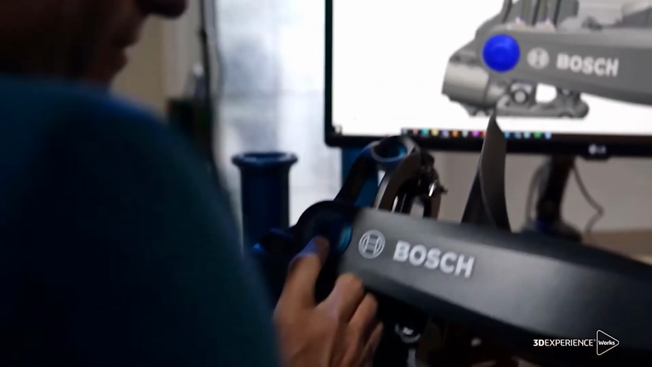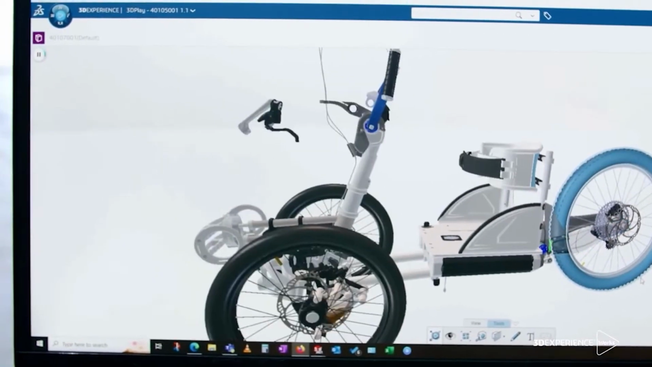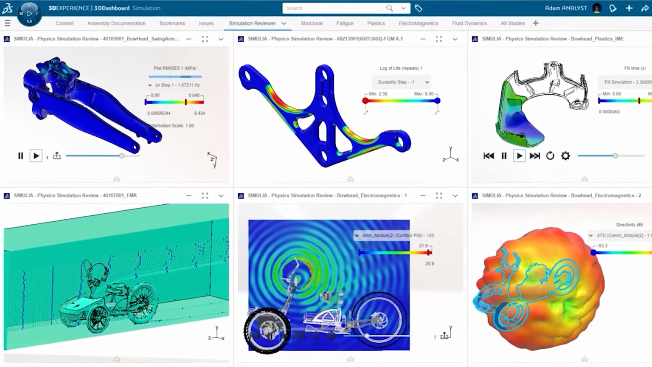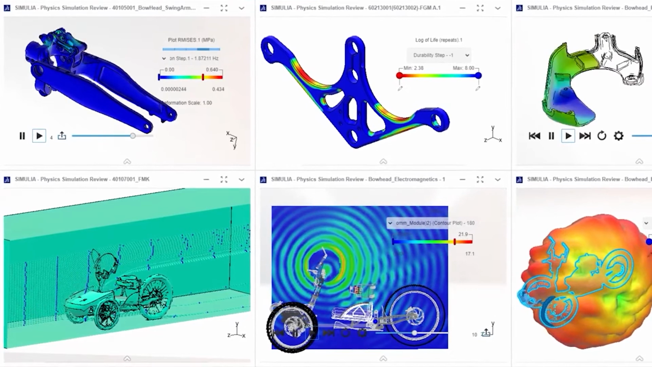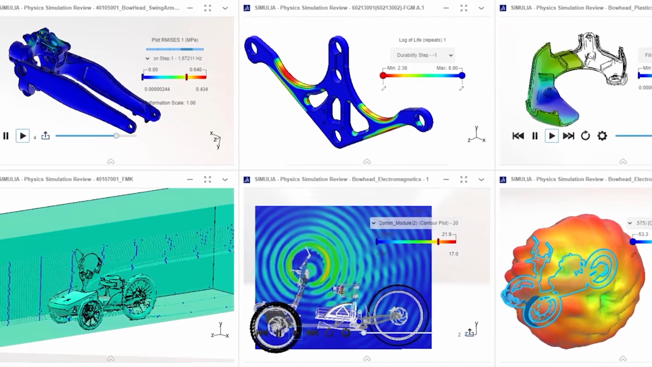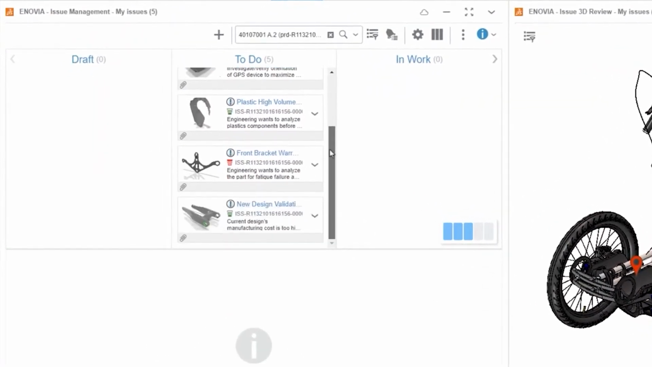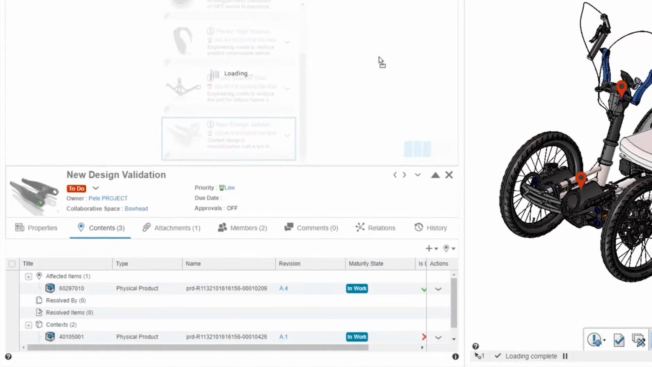Your SOLIDWORKS designs are always evolving. But how do you know if they are going to work? 3D Experience Work Simulation, powered by the industry-leading Abaqus solver, gives you the ability to virtually validate complex designs without having to create any prototypes. Built-in collaboration tools make it easy to document and track issues in your design and stay organized with your team